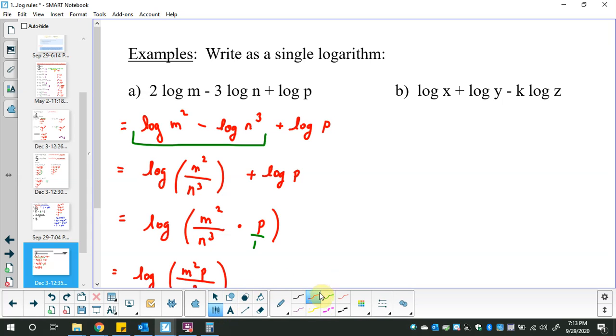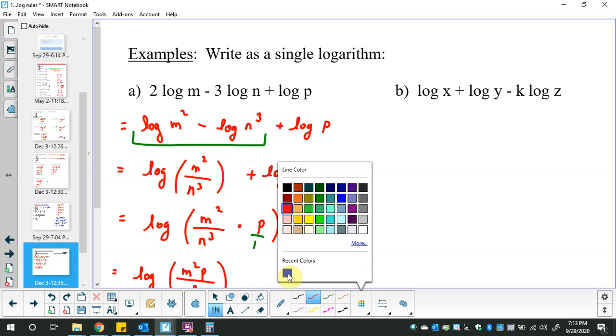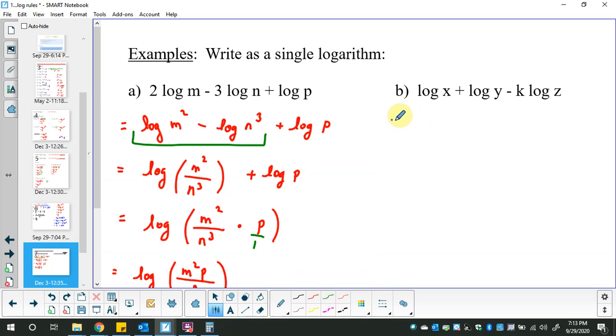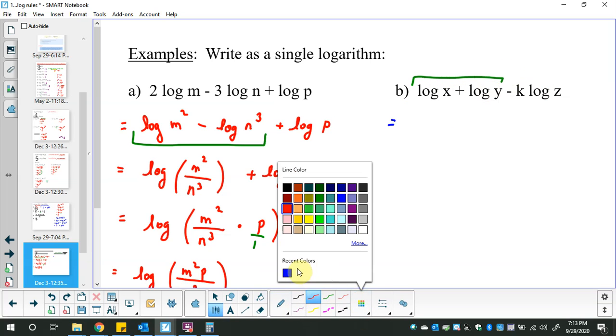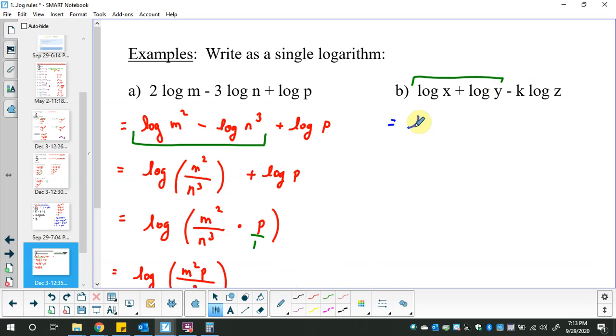So, this question, let's use blue. Again, invisible base 10 all the way along the length of the question, so I get to use my rules. I'm going to focus on this first of all, even though I could do it in all one big mess. But I'm going to take log base 10. This is addition, so I'm going to do x times y in a bracket because that's a bit bulky, minus,